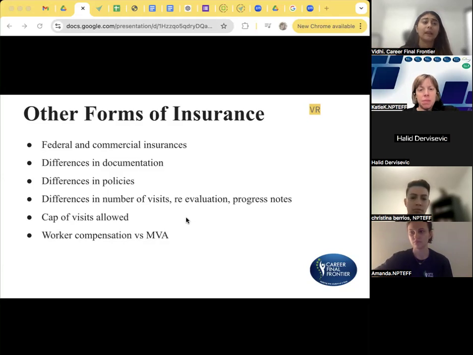Cap of visits allowed. Medicare does have that in an outpatient setting, and I can talk more about the outpatient. Christina can confirm with us for inpatient and skilled nursing, but they do have a cap of allowance. Now, it's a soft cap. There is a soft cap and a hard cap of how many visits, how much money is allocated to each person that avails the Medicare services. After that soft barrier of however many dollars is allocated, you are supposed to make sure that you're still looking at the skilled part in that patient's care. If not, you are likely to be audited, and they do audit.